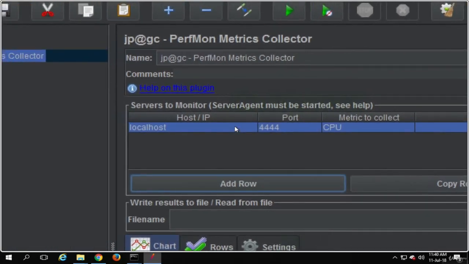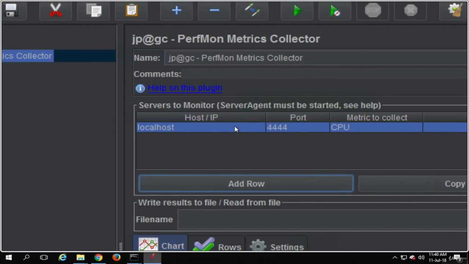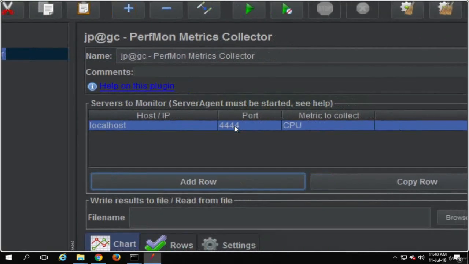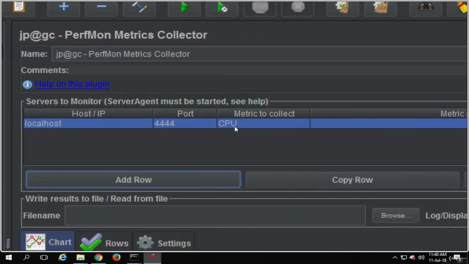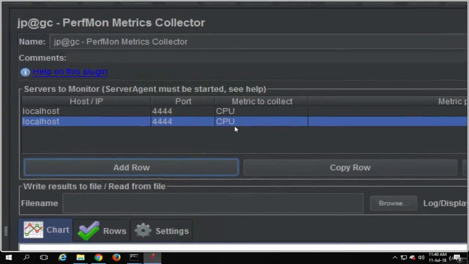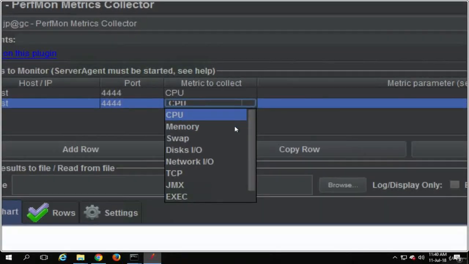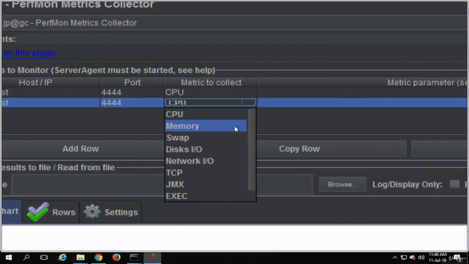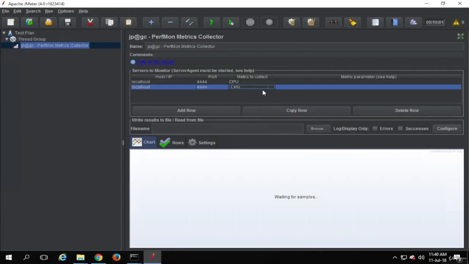Now in our case, because our Perfmon server agent is started on the same system, we can use localhost or the IP of the same system. And I want to collect CPU, and you can again click on add row to add a new row. And I also want to collect memory data. So this is a drop down, and here you can create as many rows as you want and get as much data as you want.